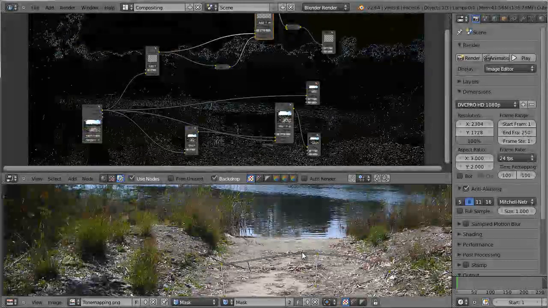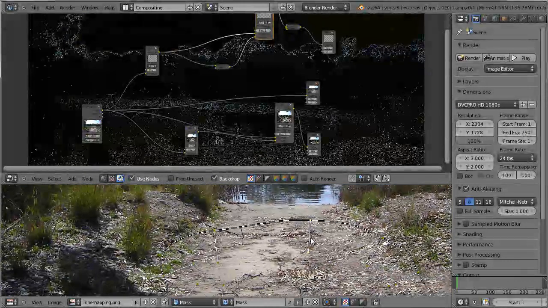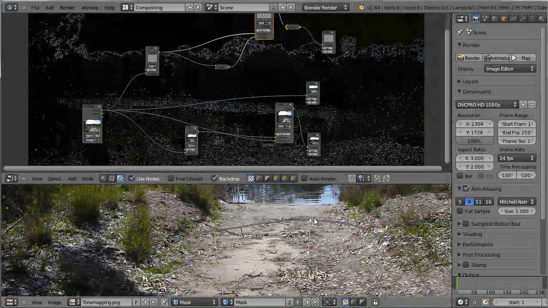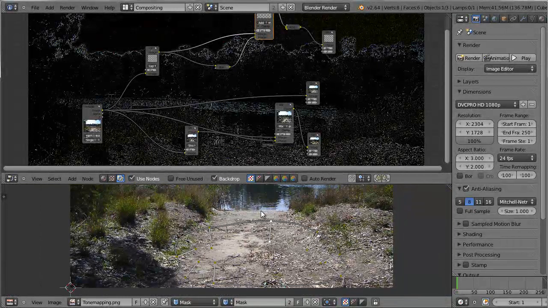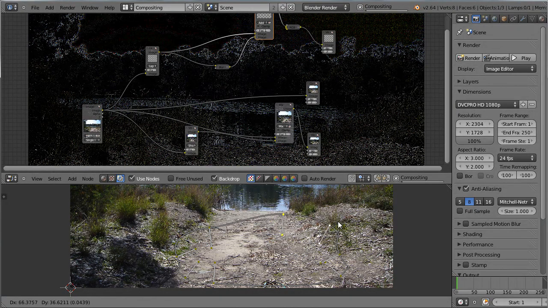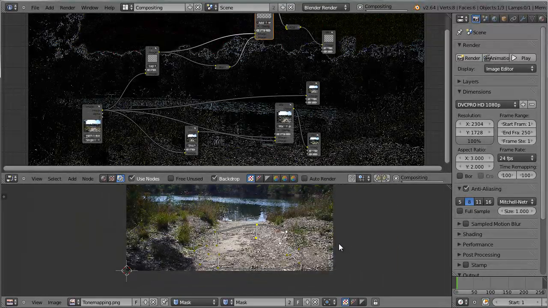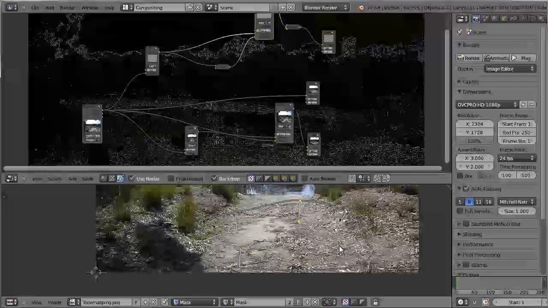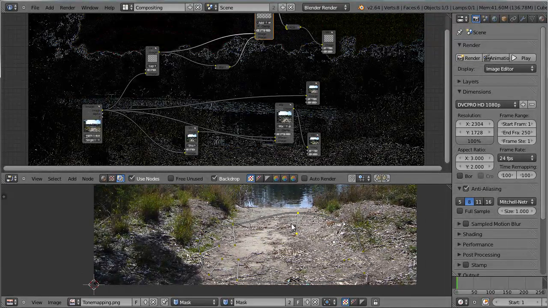And you can always start changing the shape of your mask by selecting nodes with the usual ways we have for selecting vertices. For example, you could press B for border select and select more than one. You could press C for circular select. Or you could just select a control point, shift select another control point, and press G to start grabbing them, so you can change the shape of your mask. Alright, so now I have drawn my mask, but I want to see